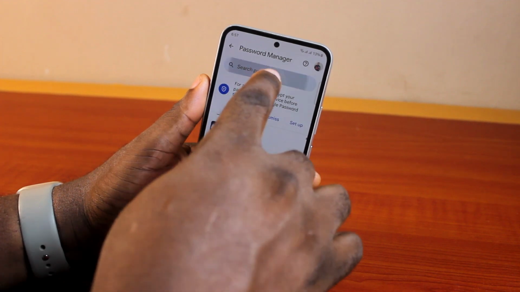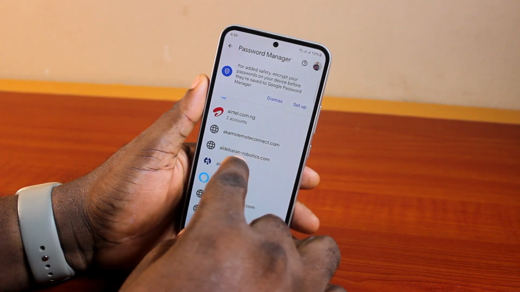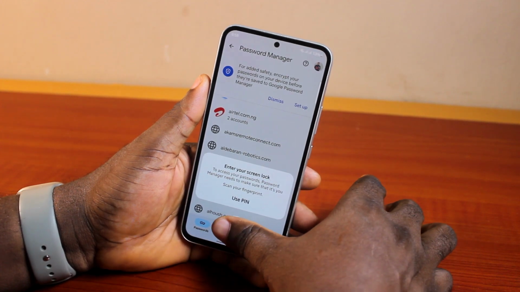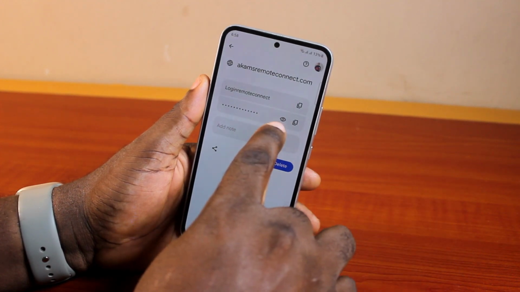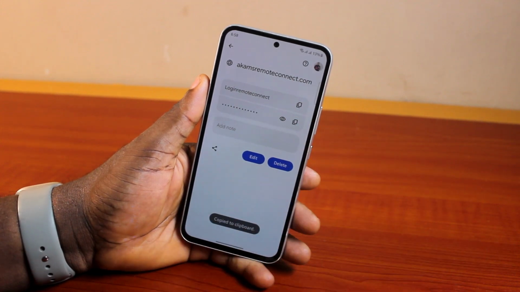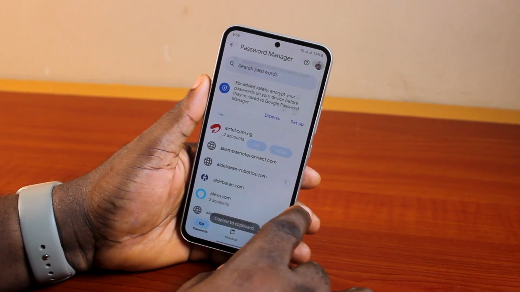You can come here, search for the password, or just locate the address whose password you want to find and then click on it. Confirm your PIN, pattern, or fingerprint, and then click on the eye button to reveal the password. You can also copy the password and paste it anywhere you like. So that is basically how to check the saved